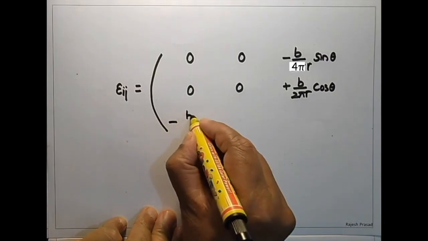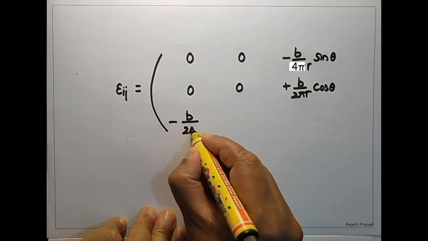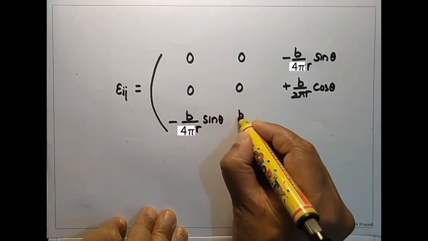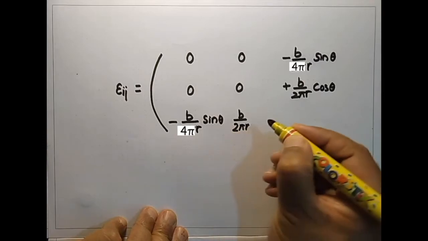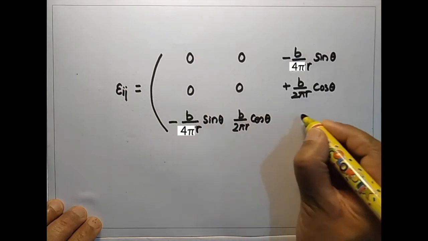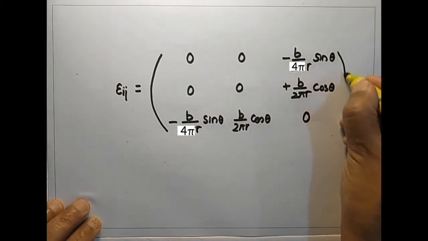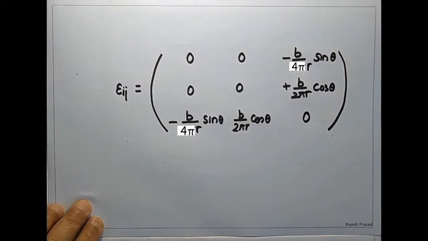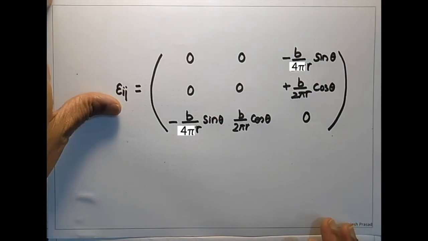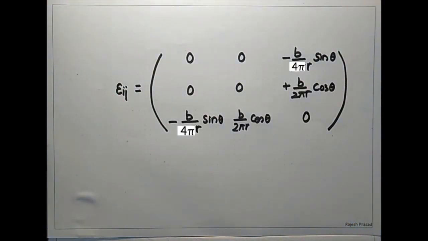And since the strain tensor is a symmetric matrix, the transposed components are the same: b by 2 pi r sine theta, b by 2 pi r cos theta, and this is 0. This is a simple form of the strain tensor of the screw dislocation. We will now like to convert this strain tensor into a stress tensor, and for that we